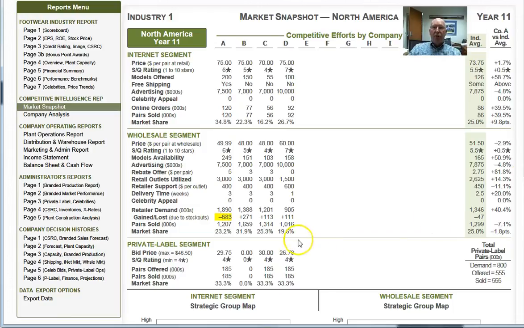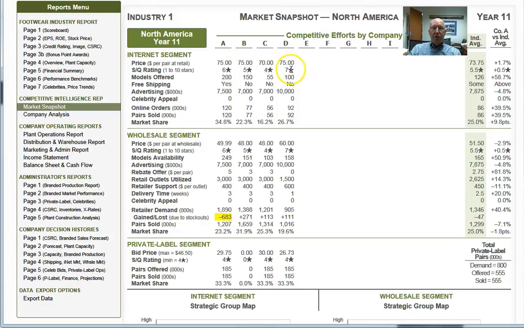So I start off with the North America results. I'm company A. And I look down here and I say market share. I picked up quite a bit of market share in the internet, obviously, with four companies starting equally. Everybody started with 25%. So I go up here and I look and I say, well, my price was the same as three of the four, but my shoe was 2 stars better than the person at $70 and was better than